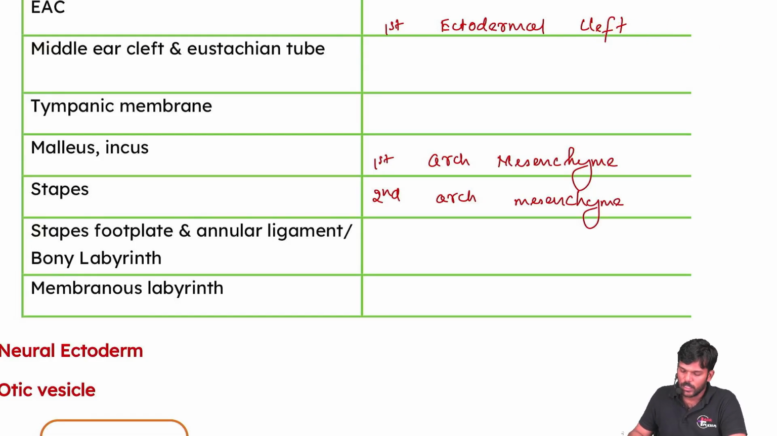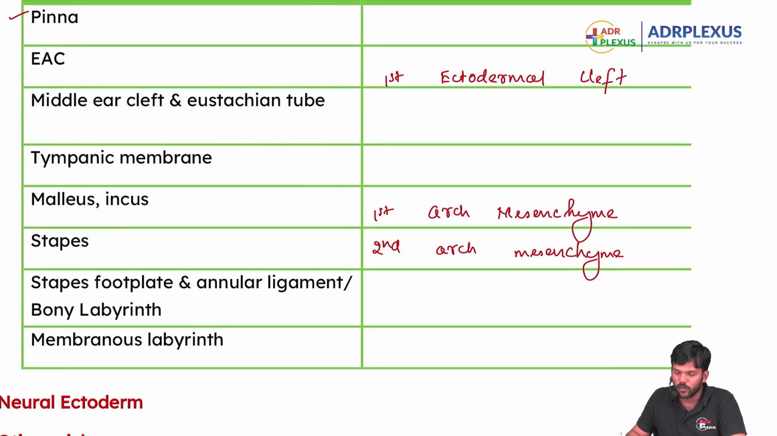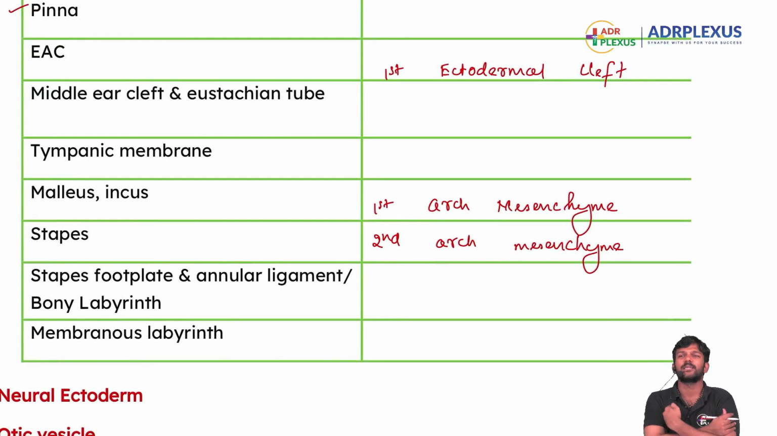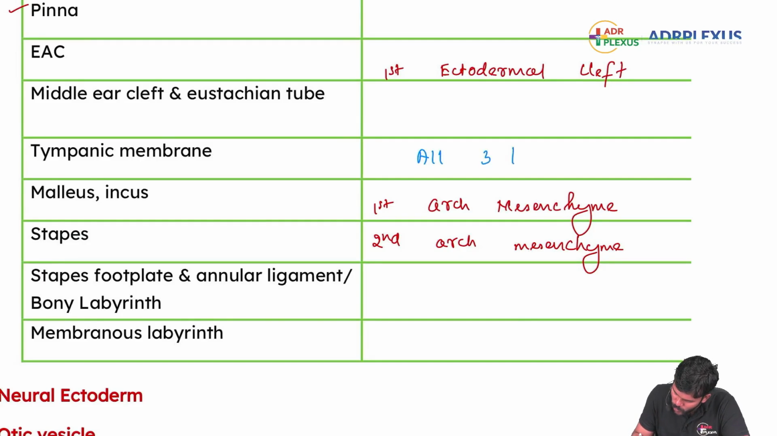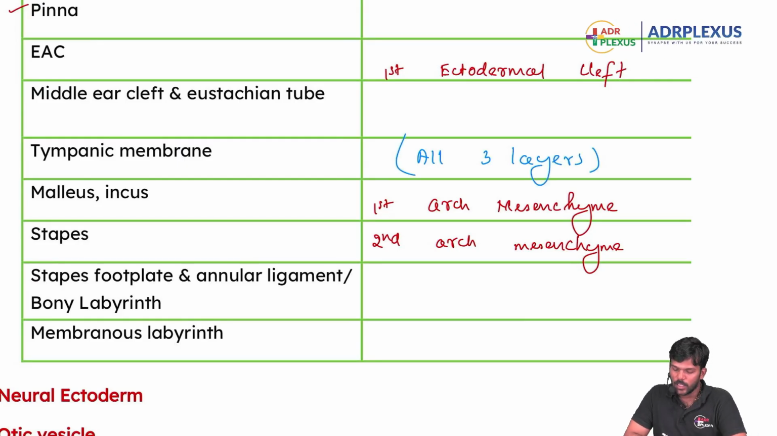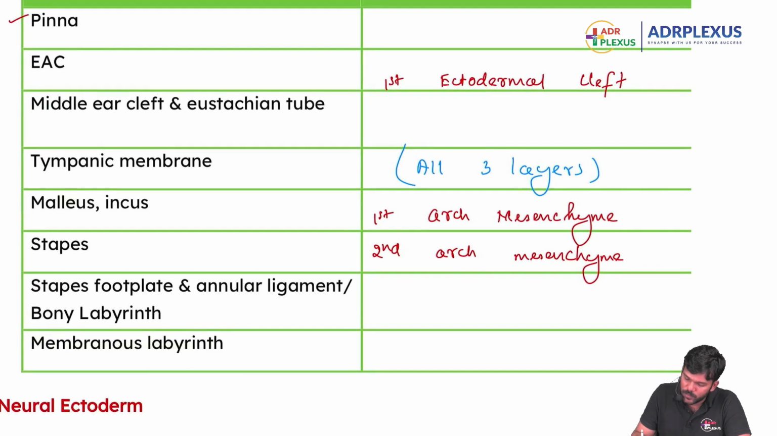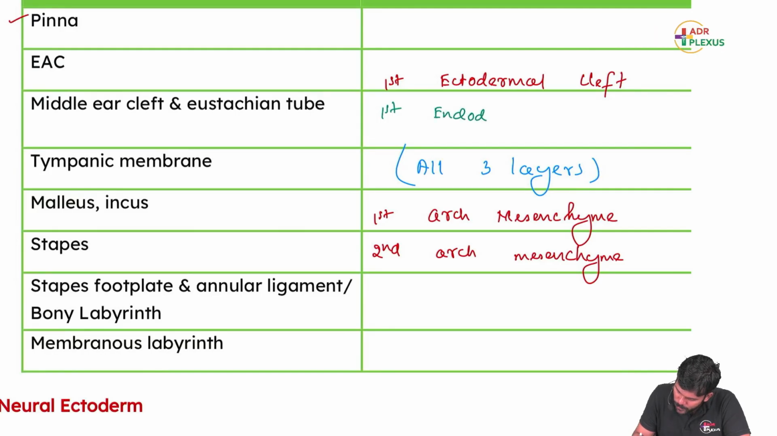Now the tympanic membrane forms from, can someone please answer? Yes, Dr. Alex, it is all three layers. Yes. The middle ear cleft and eustachian tube forms from first endodermal. Rather than calling plain endoderm, we can call it as endodermal